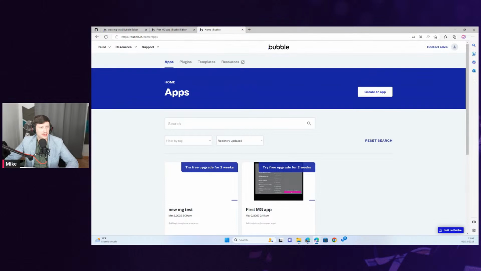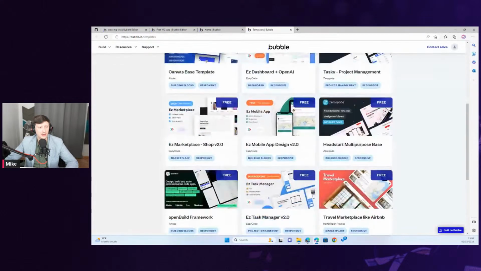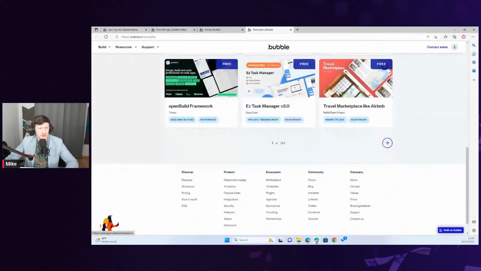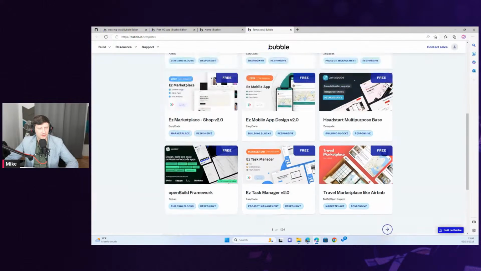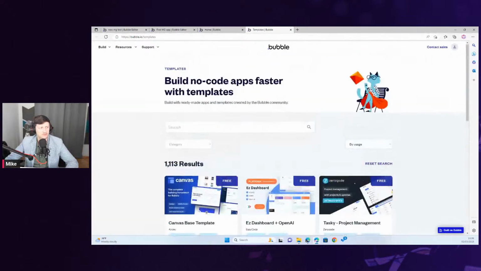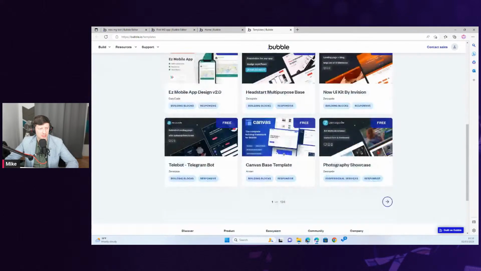But what was very interesting to me is that basically, it's a marketplace, as I said. So there are hundreds, and this time I mean it, like 124 times 9 templates. And we can, for instance, see the priced ones, but how can I just sort it?